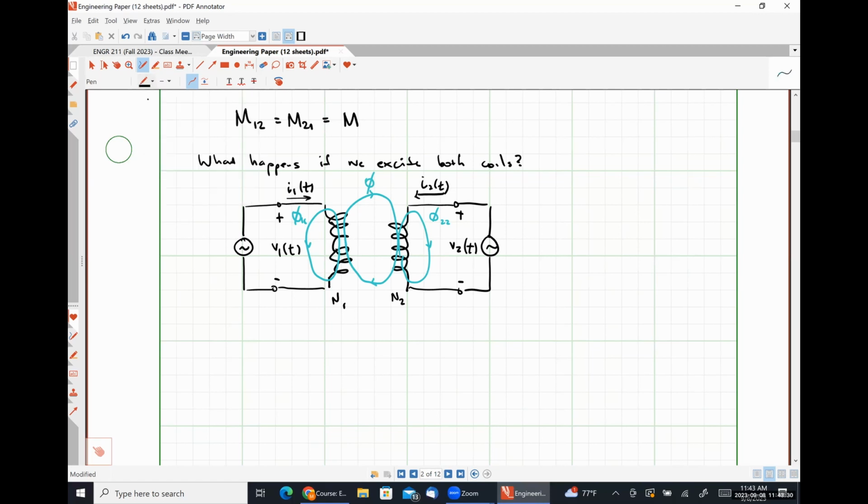For a system like this, we have a flux linkage lambda 1 that is equal to L1 times I1 of t plus M times I2 of t, and we have a flux linkage lambda 2 that's going to be